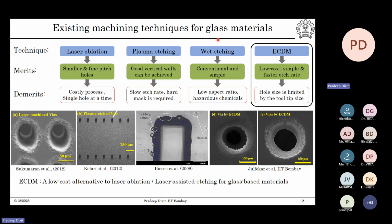But if you use hydrofluoric acid, glass can only be etched by hydrofluoric acid. So people can use this particular technique, but it cannot create a very deep structure. Although industry is heavily relying on the laser based process, as I said, this is an expensive process, and especially from the academia point of view, not many institutes have a direct access